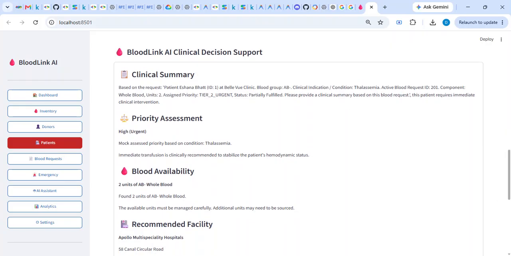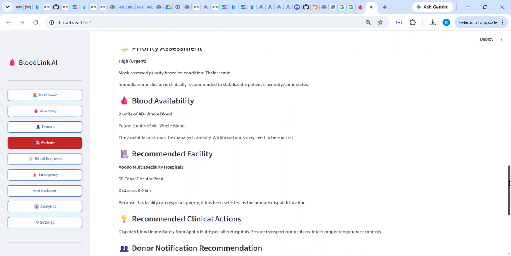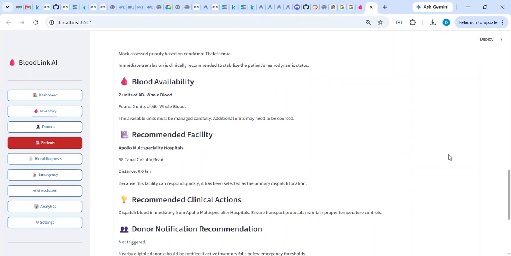What it is saying is that this is the blood units, this is the assigned priority, the patient requires immediate clinical intervention due to thalassemia. The immediate transfusion is clinically recommended to stabilize the patient's high hemodynamic status. This is the blood availability.